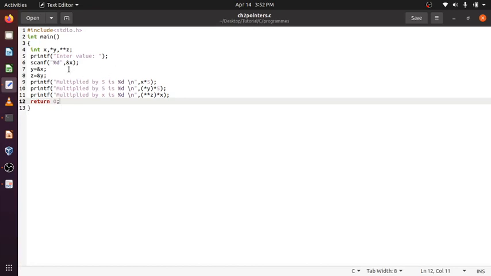For int x, the operating system is allocating 4 bytes. The address of the byte location is sent to scanf as an argument. Functions I will do later, but the address of that allocated byte location is given to scanf.